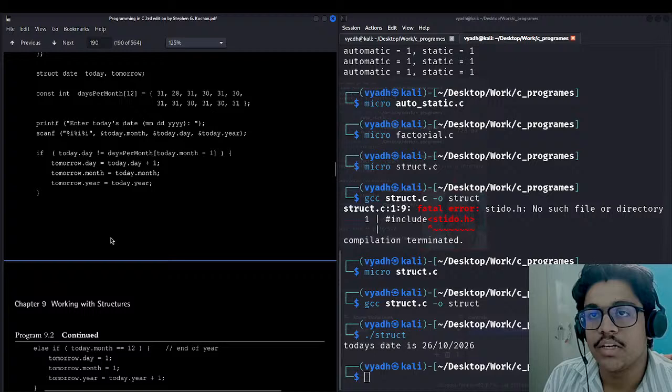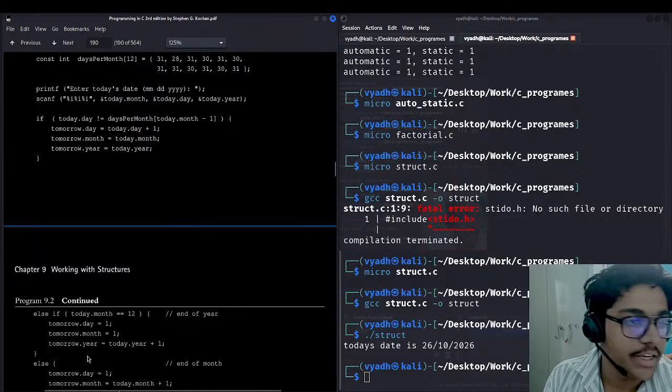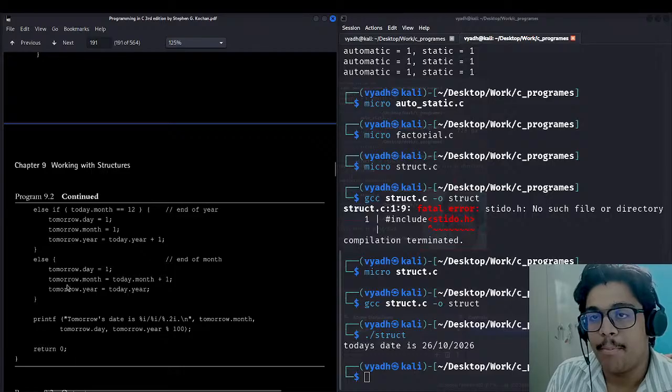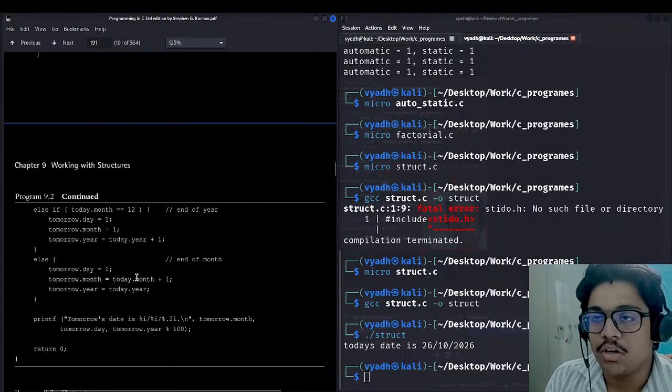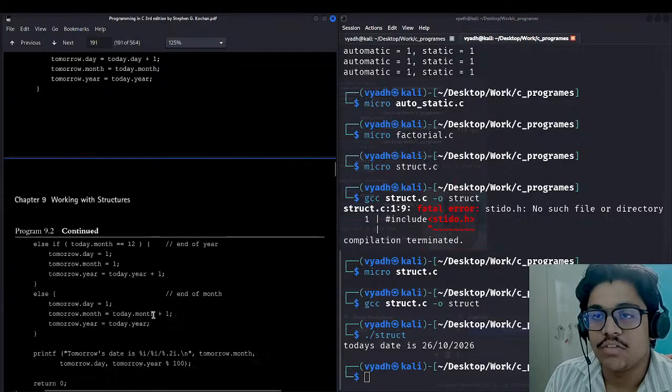If today's month is 12 and the date is 31, tomorrow's date will be 1, tomorrow's month will be 1, and the year will be incremented because we have entered the new year. Else, tomorrow's day is equal to 1, and the month will be different, because if the date is entered as 31 or 28, or the extreme condition, this will handle that